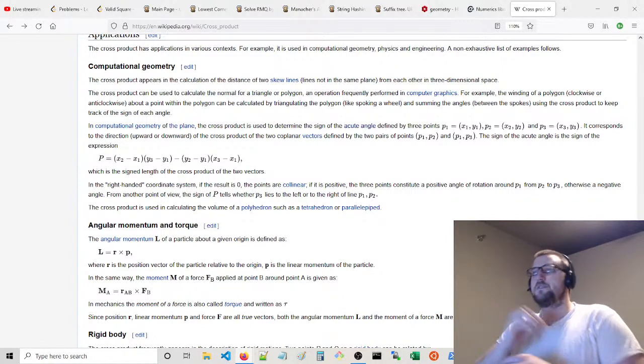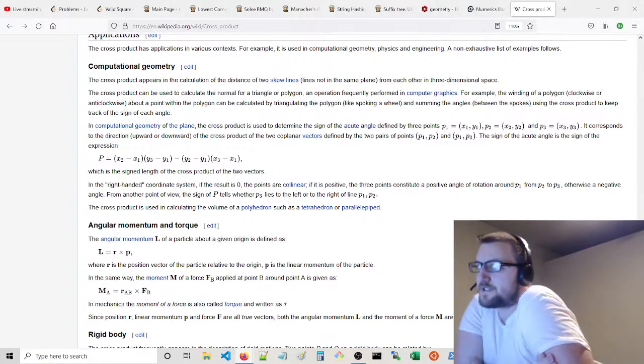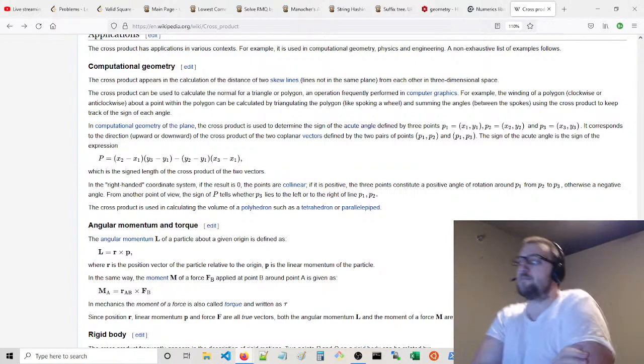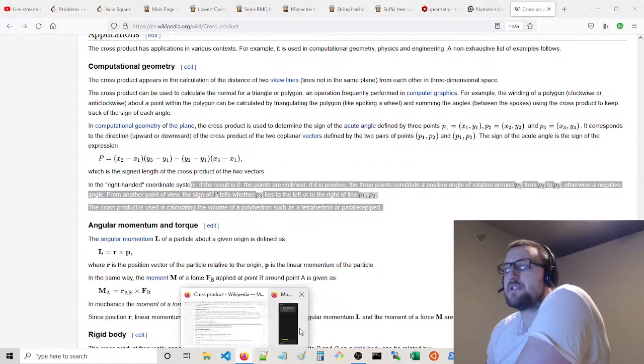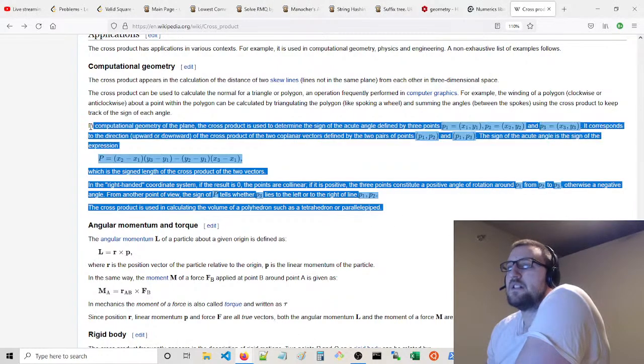Another point of view, the sign tells whether P3 lies to the left or to the right of line P1, P2. So basically what we would do is we can select